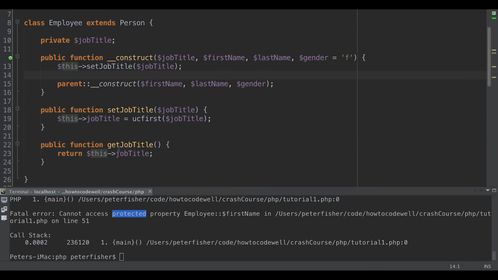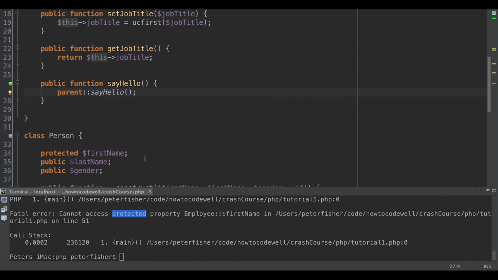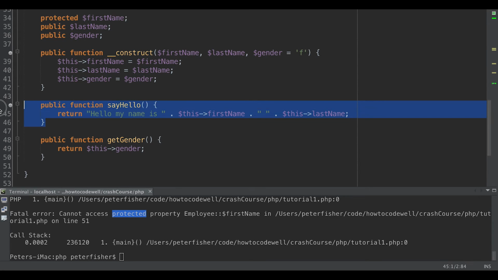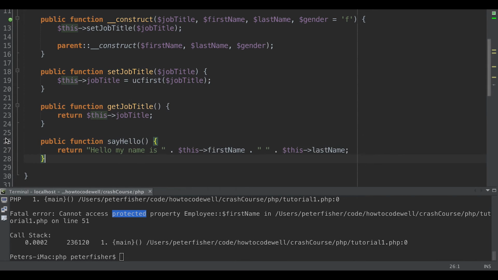And so likewise, what we want to do here is perhaps have a public method, public function, and we're going to have, let's just put the say hello method within here. So let's just remove say hello from the U, or just copy that and put that into here. So now the employee can say hello. Hello, my name is first name, last name, and also let's just do a new line,